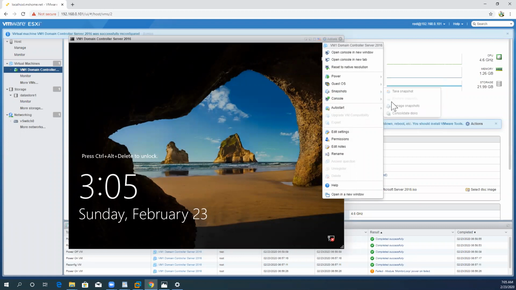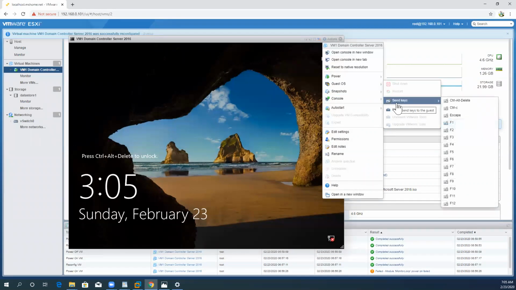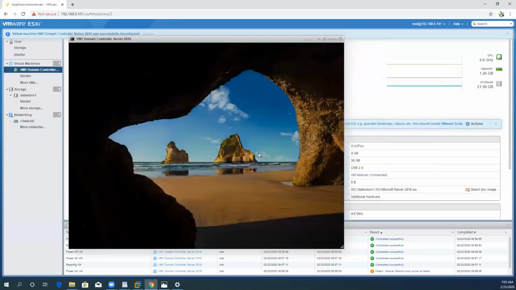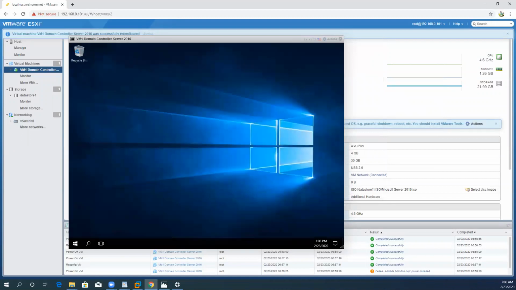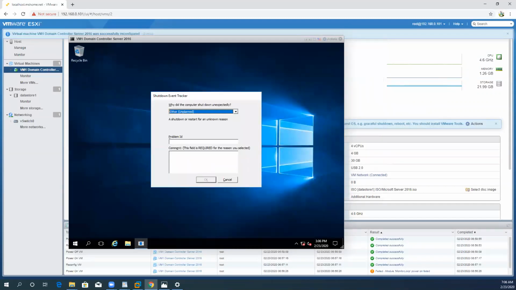And if you follow these options here, you can see send keys, and you have to click on the Control Alt Del option, so you will be able to log into this machine. Now I have to log into this virtual machine. Here I need to type my password, and now the login process has initiated. Here we logged in, and